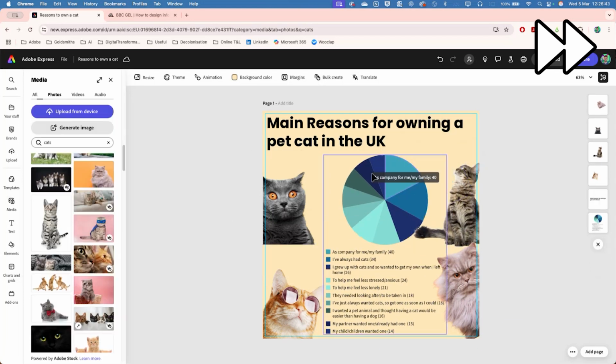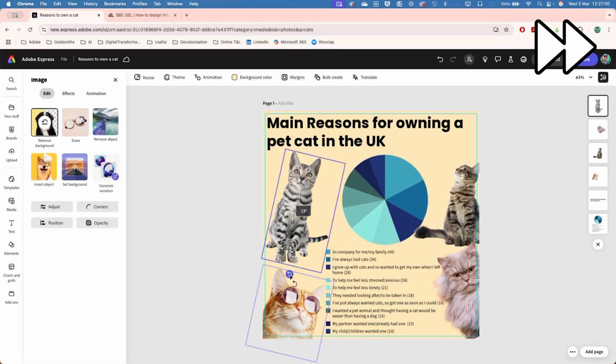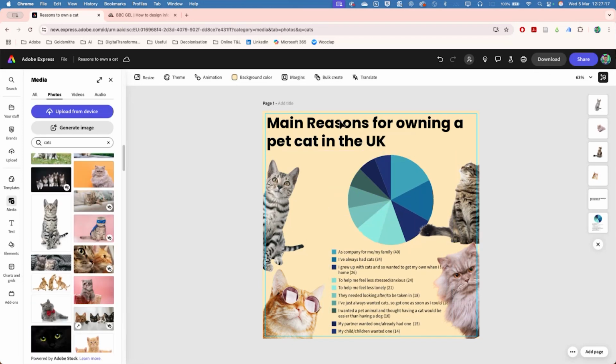Resize. Just like doing any piece of creative work in Adobe apps, you have to fiddle around, and that's absolutely fine. And I think we probably need to have a reference or a citation explaining where this data has come from. So if I just have a quick look at